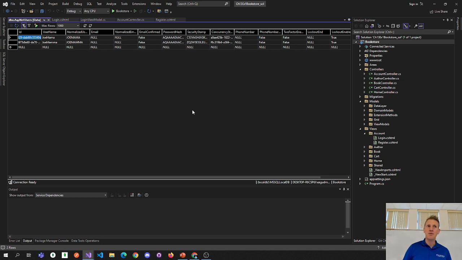So that's basically where we're at: we can register users, we can log users in, we can log users out, and that's where we left it. And we see two users in our database,